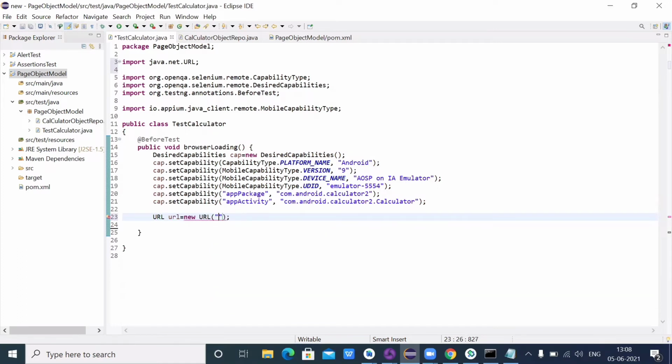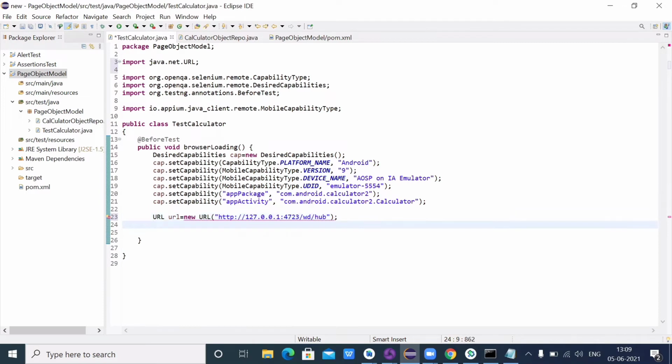So here I will type http colon //127.0.0.1 colon 4723/wd/hub,